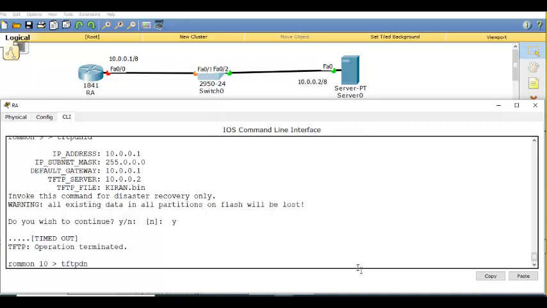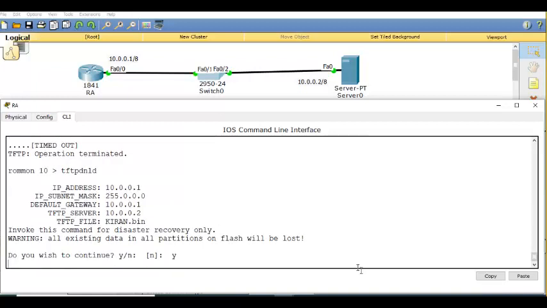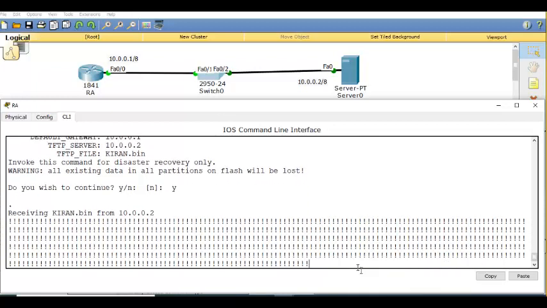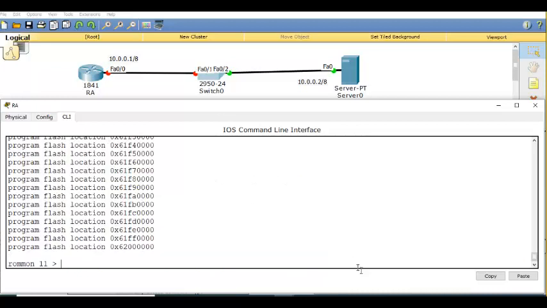TFTP download. Yes. See, it's already green now. See how quick it is going. Yes, sir. It was because of the switch. The fault was on the switch side.